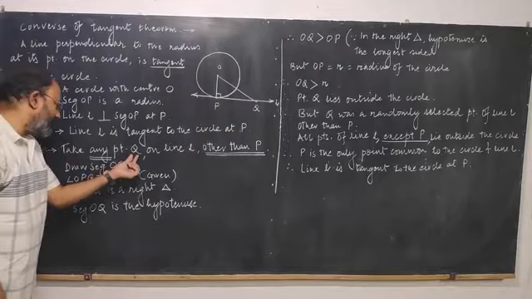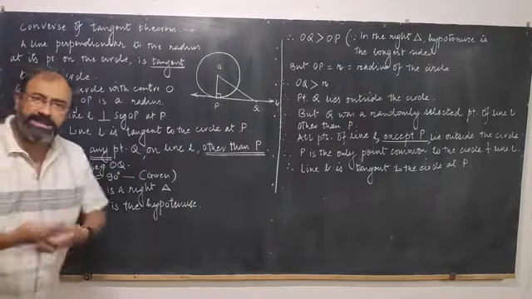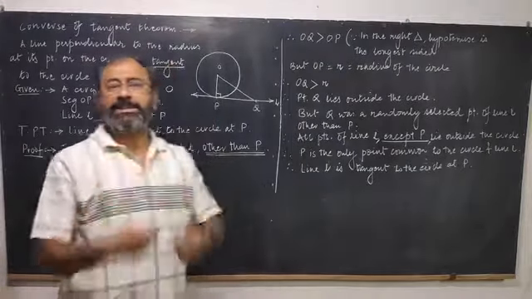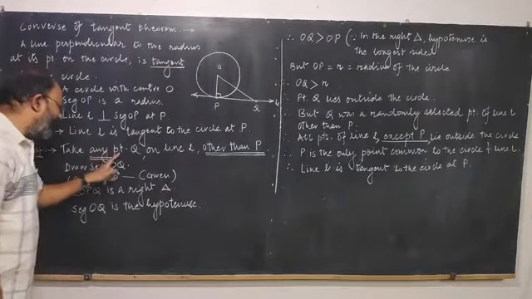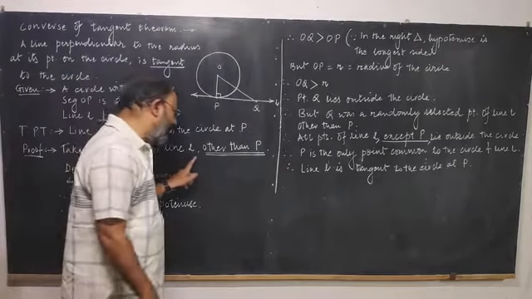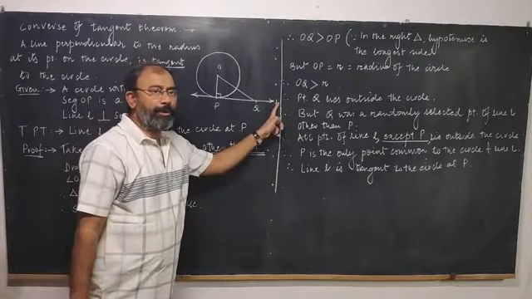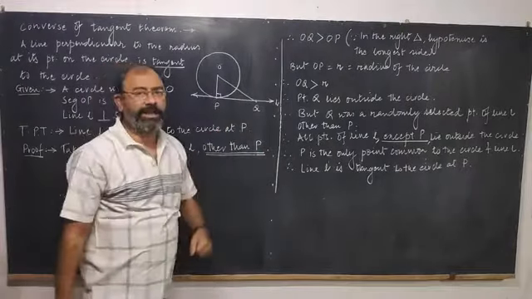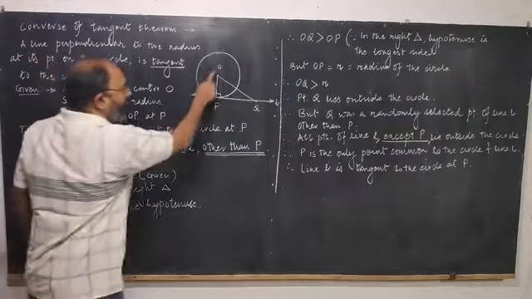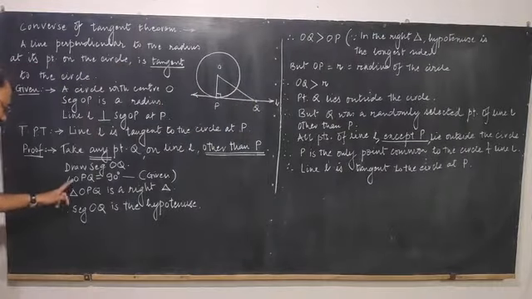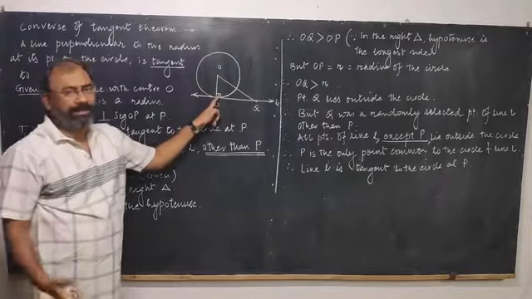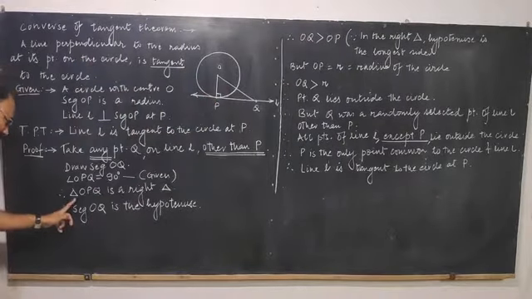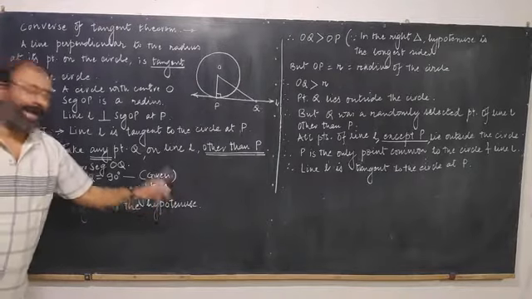Take any point Q. The word any is important. What does it convey? It conveys that the point Q is randomly selected point. Take any point Q on line L other than P. इस लाइन के ऊपर P को छोड़कर कोई भी पॉइंट ले लीजिए. So we have taken point Q. Okay, draw segment OQ. This angle is right angle, that is already given to you. Therefore, this triangle becomes a right angle triangle. So we have written triangle OPQ is a right triangle.